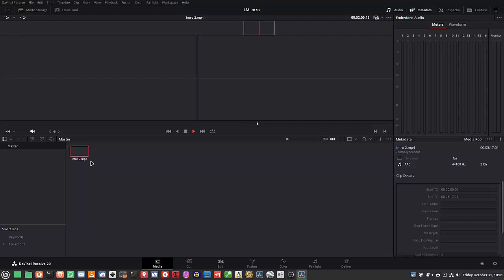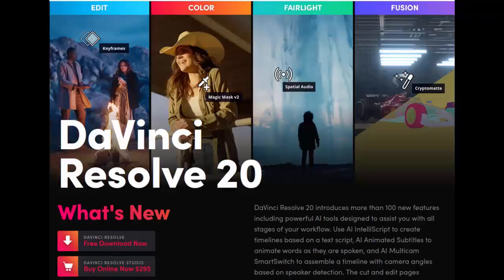DaVinci Resolve. So DaVinci Resolve was originally designed for Apple Macs. So basically, they decided to put the effort into it, and they're not allowing Linux Mint or any Linux distro to do a lot of things here as far as codecs are concerned. Now, I don't know if this is a copyright issue or what it is. And I've also heard some rumors that the paid version does support MP4 for Linux, but I don't know this